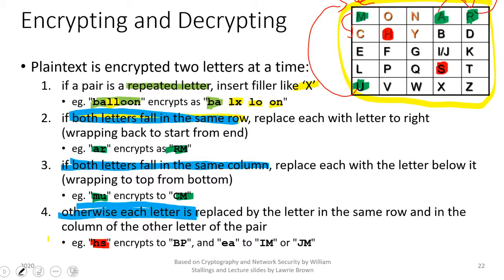So we will first read H and S, so that is B, that would be the first one. Then we would read the other one from S to H, so that would be P, the second one, so BP. So HS becomes BP. Say, for example, if we take EA, we would take E,